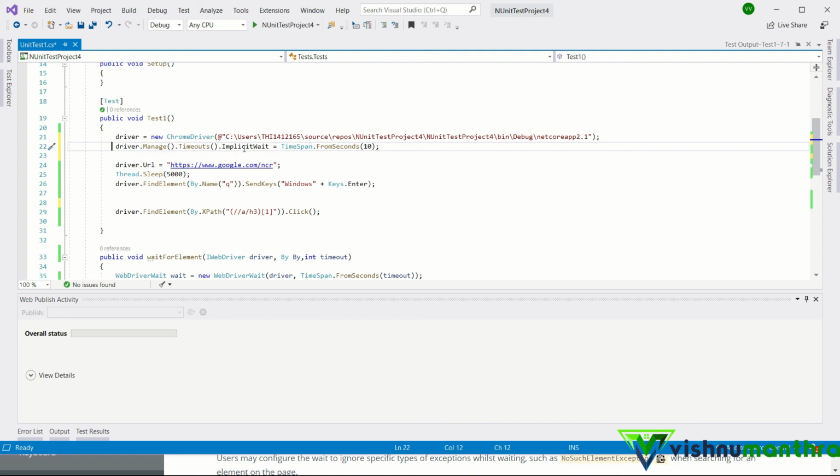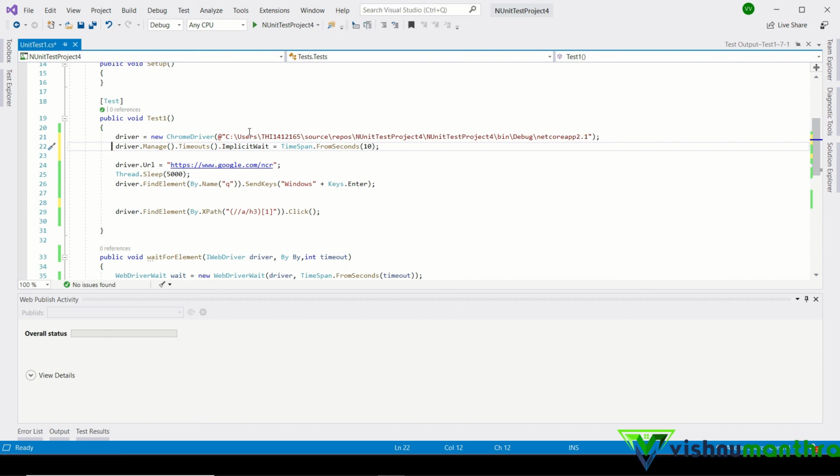Now you might have clearly understood what an implicit wait is as well. So you can use implicit wait whenever you require, but it is not recommended to use both implicit and explicit wait together, because it may end up in timeouts, which is not reliable, and we may see results which are not as per our expectation. So it is better to use either one of them.